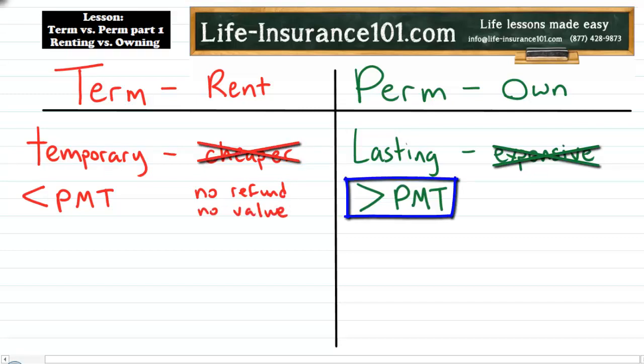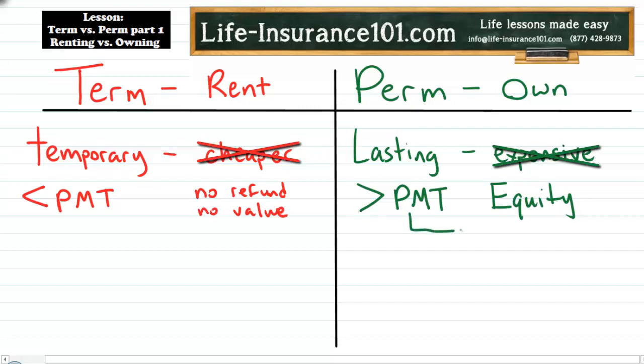So coming back to your permanent payment, although it's a higher payment, you're also building equity in your policy. And very similar to home ownership, the faster you make the payments, the more payments you make, and the bigger the payments are, the more your equity is going to grow inside your policy. Every permanent policy, regardless of what type it is, has some sort of growth mechanism built into it. Some policies are very conservative, some are more high performance, but every permanent policy will have some sort of way to make your equity grow inside that policy.